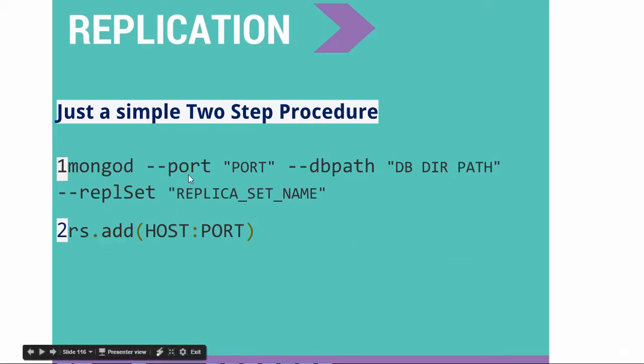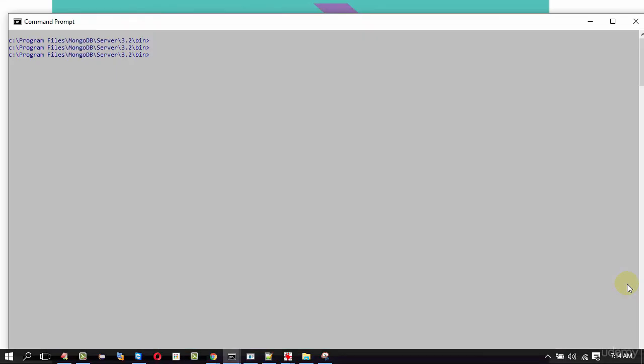So let us do the first step, that is to start 2 MongoDB instances with different ports, different DB paths, but with the same replica set name. So there will be 2 MongoDB instances with the same replica set name. So that's step 1. Prior to that, let me create the data directories. mkdir. The directory is created. Then to start the MongoDB instance,